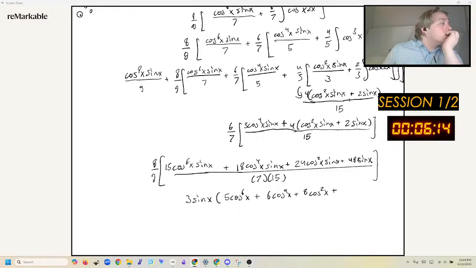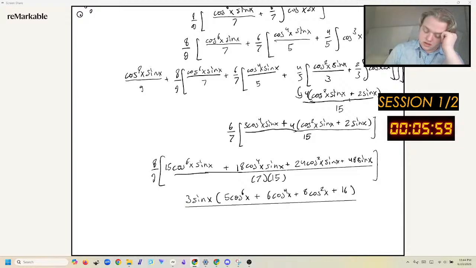What is 48 divided by 3? 16. There we go. I don't know why I was blanking on that. Okay. Let's simplify that so that we have 8 over 9 times this expression, which is much nicer, because then we can put 8 up top, and 8 times 3 is 24,